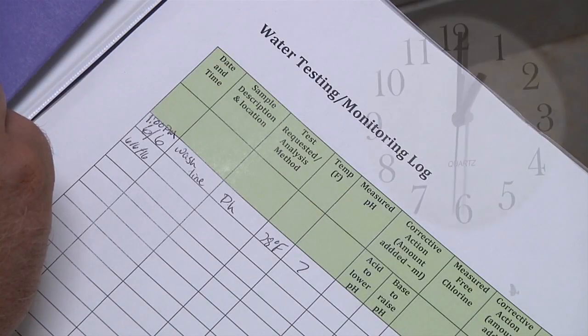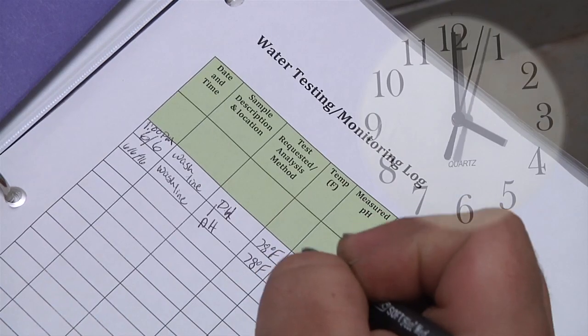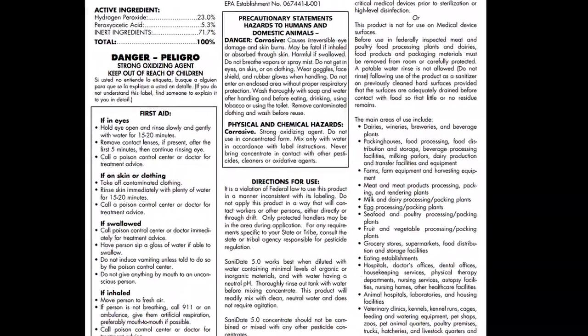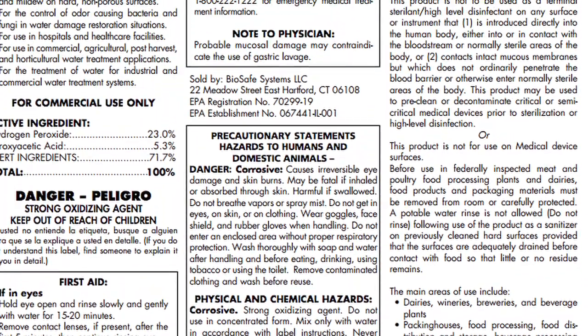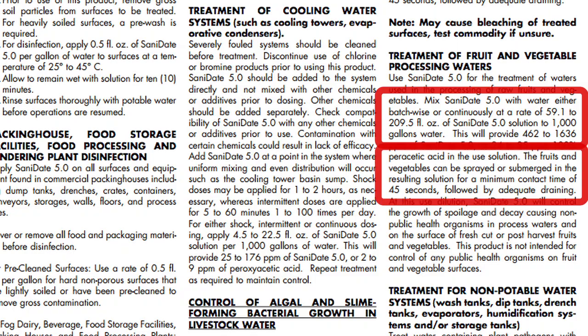You'll want to do this at startup and at least every 2 hours of constant running. More frequent checks may be needed if organic matter is accumulating in your system. Remember, when it comes to chemical use, the label is the law. Read and abide by the label guidelines. Check your product's label to assure it has an EPA registration number and to determine the appropriate concentration and contact